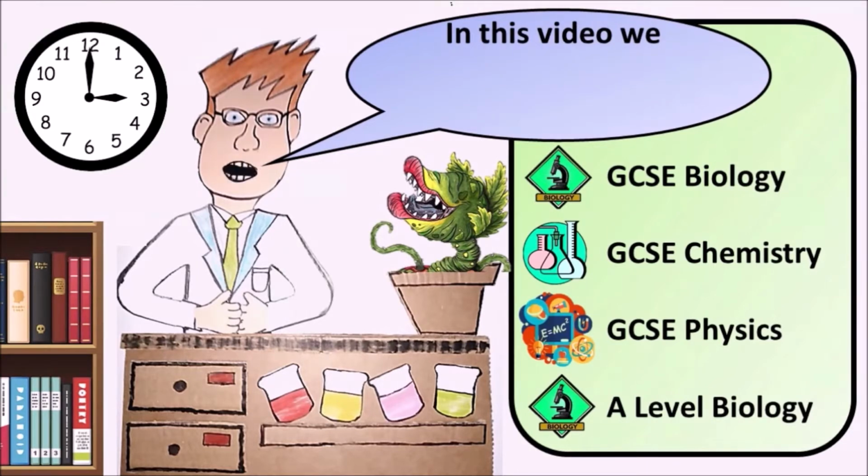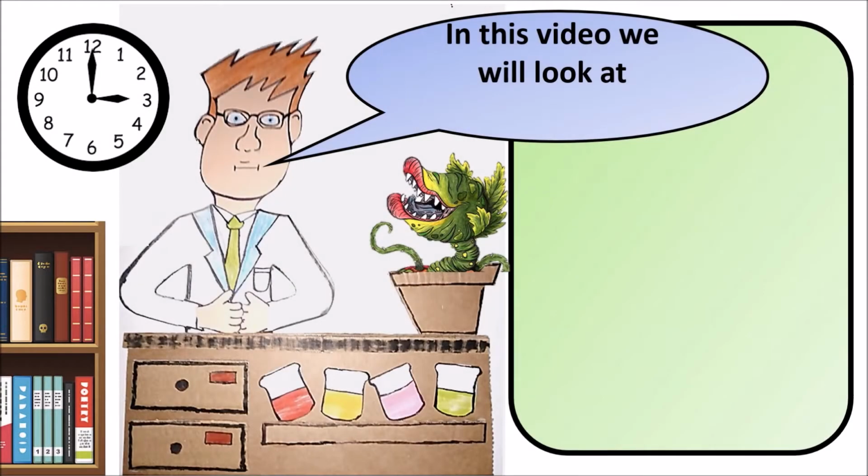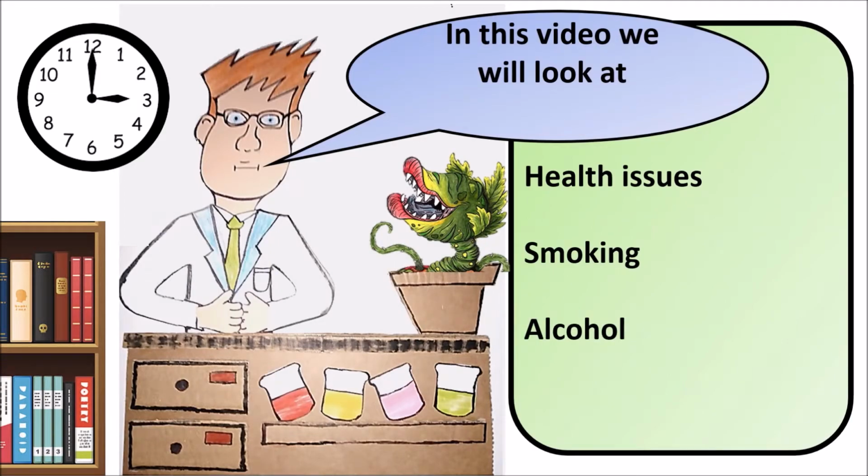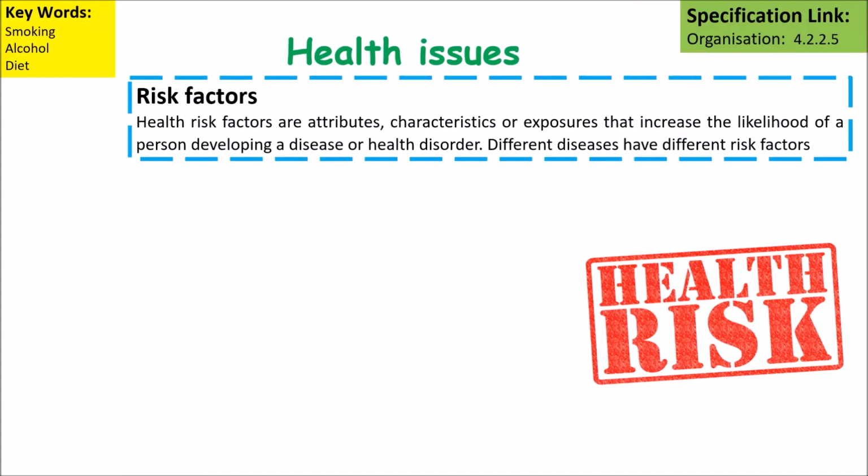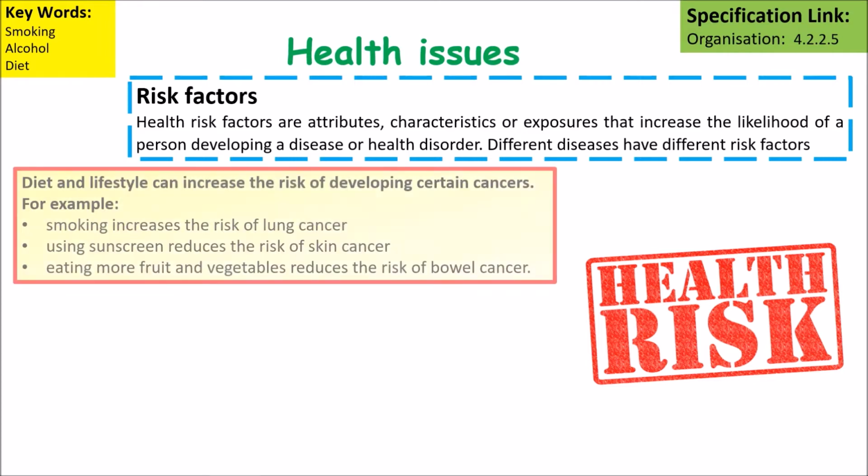In this video, we will look at issues, smoking and alcohol. So, risk factors are attributes or characteristics or exposures that increase the likelihood of a person developing a disease or a disorder. So, diet and lifestyle can increase the risk of developing certain types of cancer, for instance. So smoking increases the risk of lung cancer. Using sunscreen can reduce the risk of skin cancer, and eating more fruit and veg will reduce the risk of